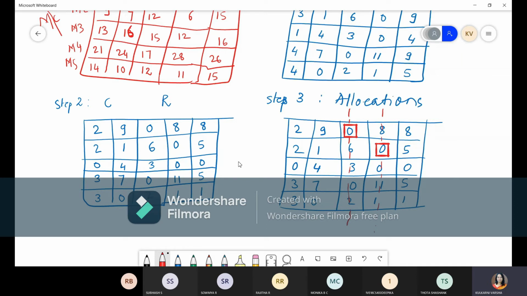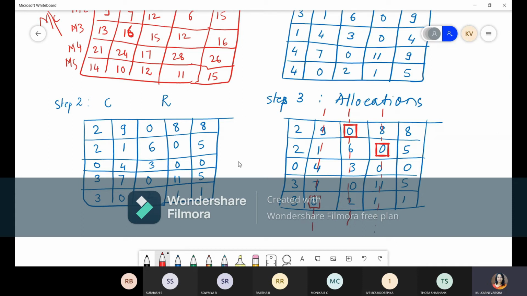Then the fourth row, there is no 0. This 0 was there, but it got cancelled. So we cannot do any allocation. Go for the next row. Now there is a single 0, so allocate that 0 and cancel that column. So now we have finished with all the rows.